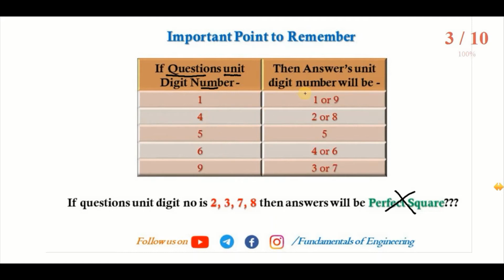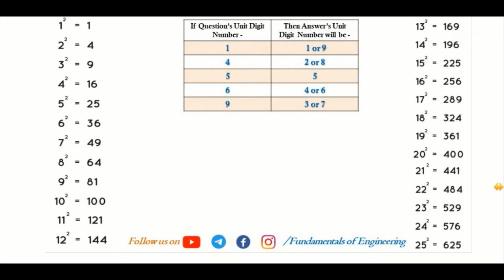So for that, this table is very important, and remember this table. Now we are going to see different questions based on this table. On the left hand side and right hand side I have written the perfect square values, and these are required to find the answers for the shortcut trick. No doubt you have to remember all these perfect squares. You have to learn the perfect squares by heart, then you can use this square root trick. I have given the tables, and based on this table we are going to find the answers.